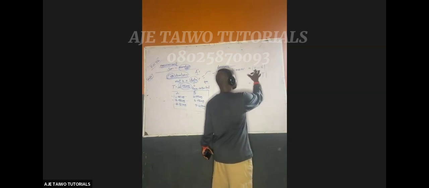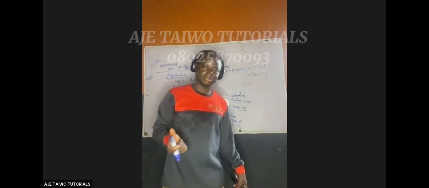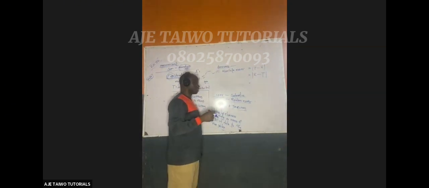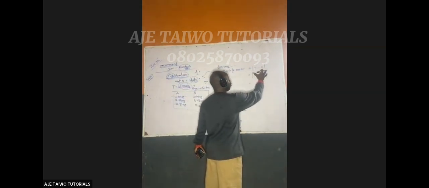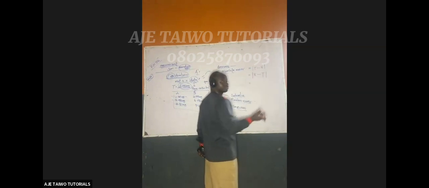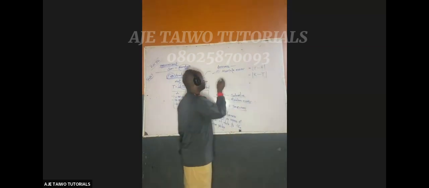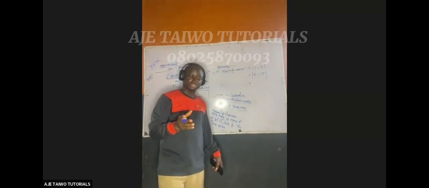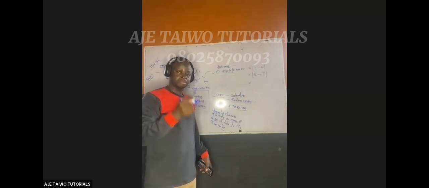Now, why is it T minus X or X minus T? Because you must not get a negative answer. Whichever of these is bigger will come first. If T is bigger than X, or X is bigger than T, that will determine which comes first. That is the meaning of the word absolute. When you hear the word absolute, absolute means positive.